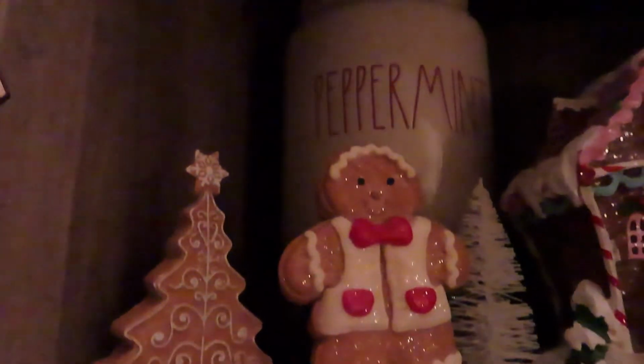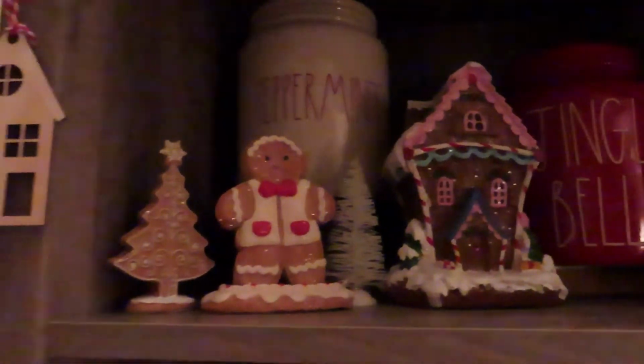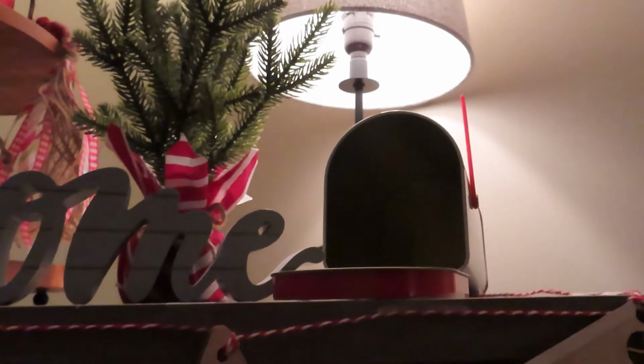Then on the top level we have gingerbreads and villages and trees and peppermint and jingle bells and little kids sledding and houses and gumdrops and gingers. So fun. And on the very top, I hung those Target dollar spot houses that we got a couple of years ago. And then above that, on the tippy top, I have a